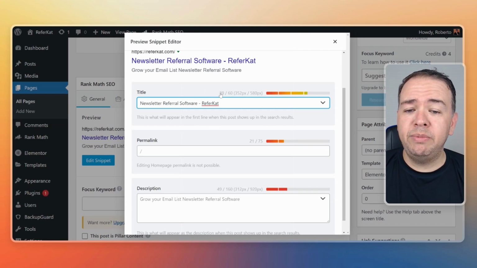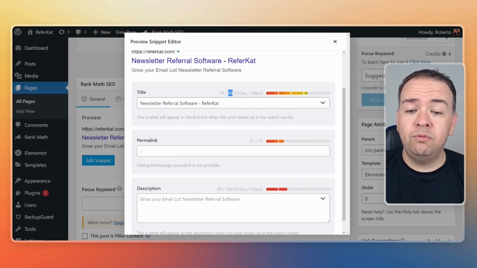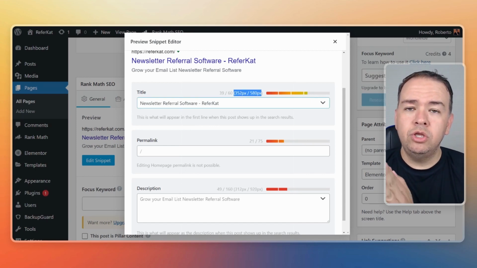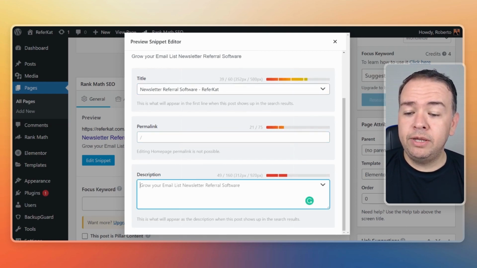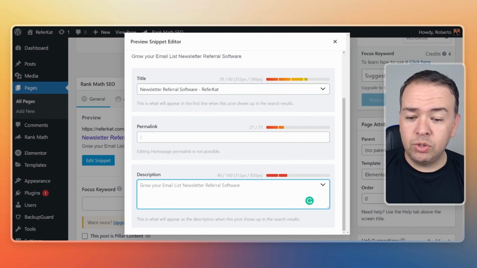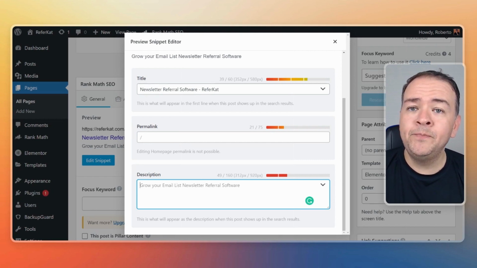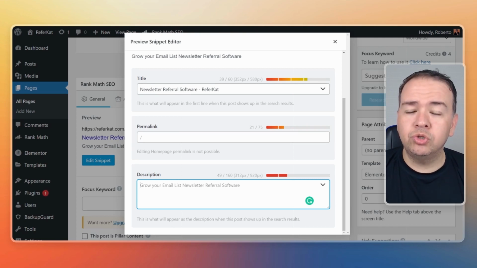So here it'll tell you how many characters you're using from the recommended number of characters, and in width, how much you're using based on how much is going to be used up in the search results. And then here you can add the description. Right now it's pulling this from the description of the website. So you can write something here. Remember that the meta description is not a ranking factor. So whatever you put in here won't help you rank better on Google, but will help you win the click. So make sure you write a description that helps people want to click on your search result when they are on Google.